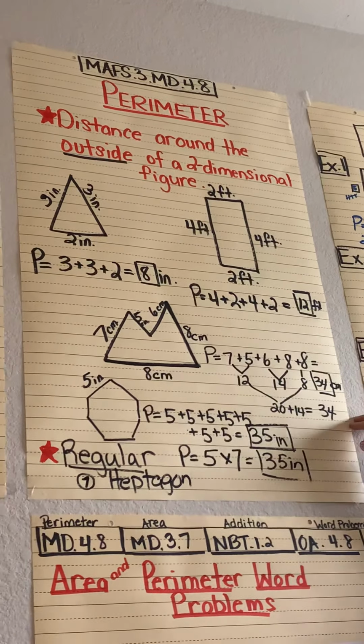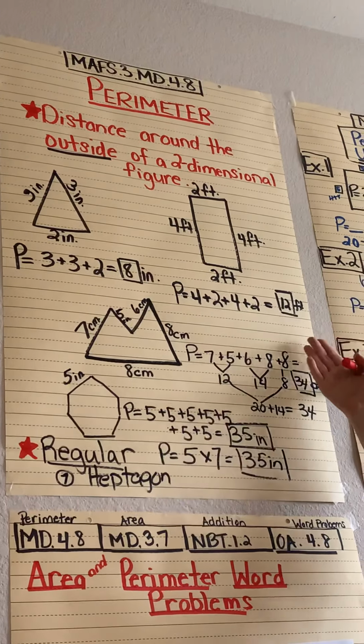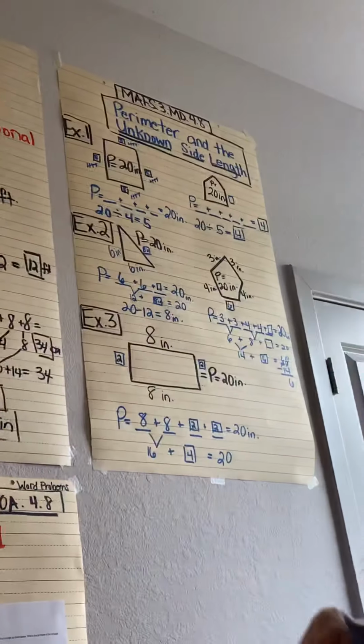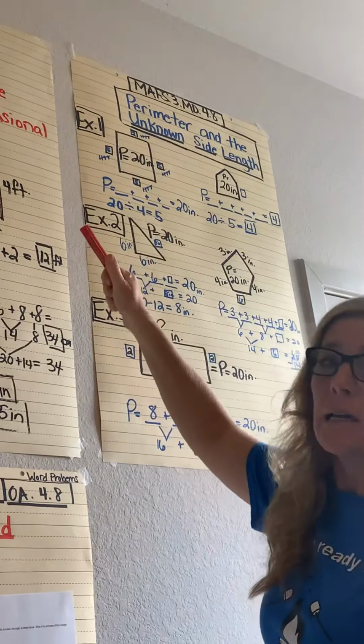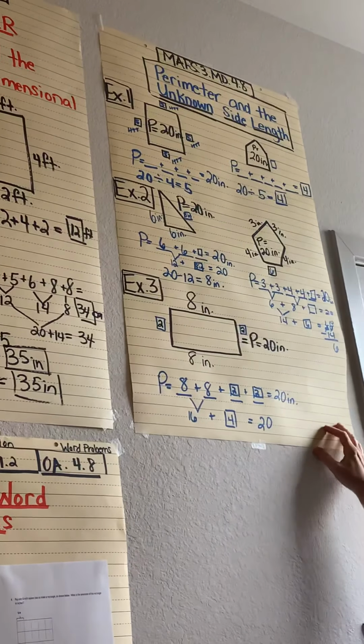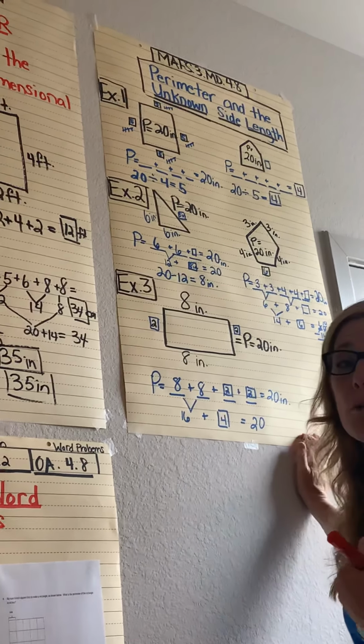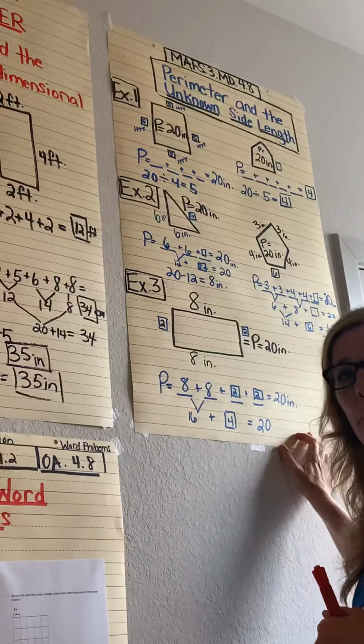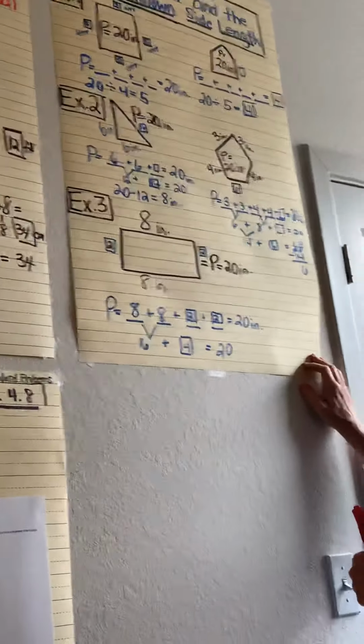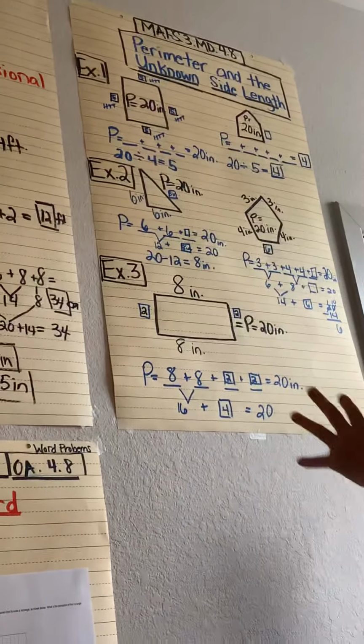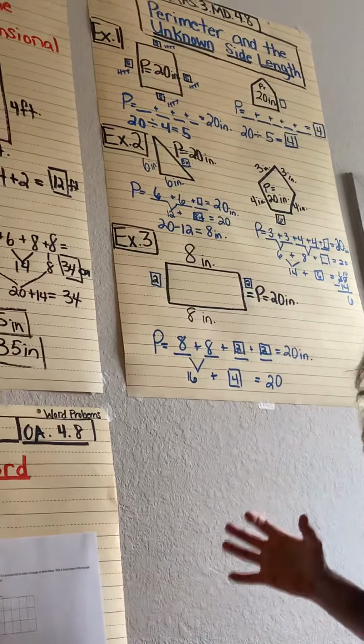We can take our side lengths, add them up, and find that attribute. That was measurement and data standard 4.8 because we were measuring the distance. And then we used our total perimeter to find an unknown side length in our shape. That was pretty awesome, that we had figured out how to do a lot of different things with